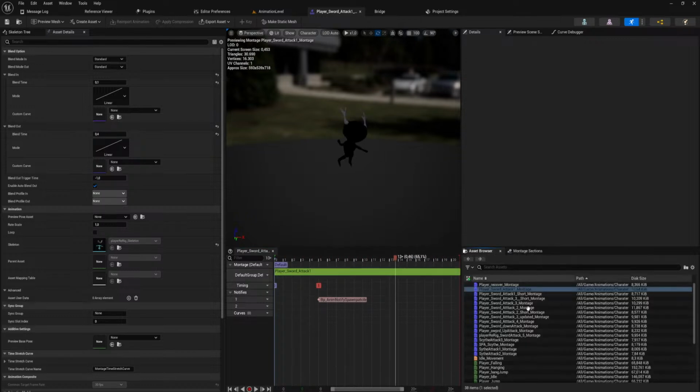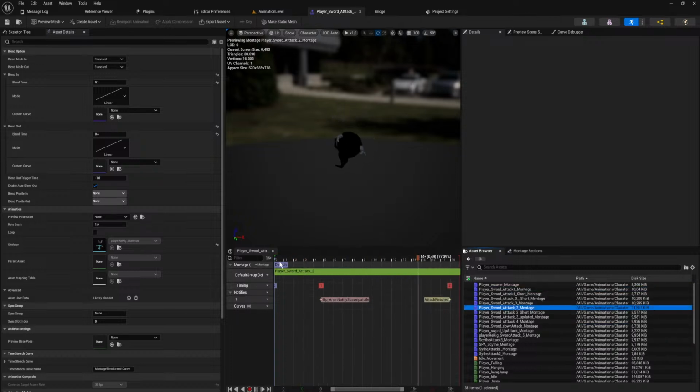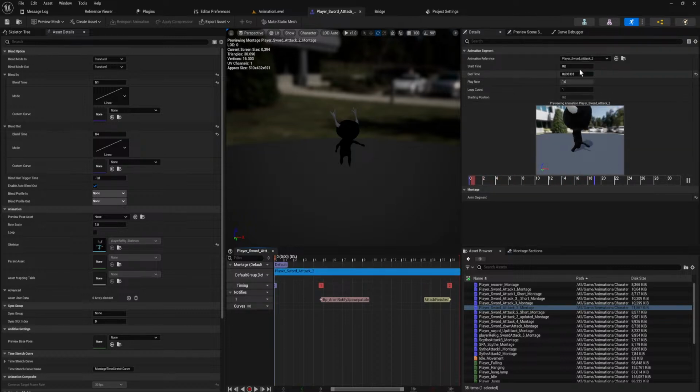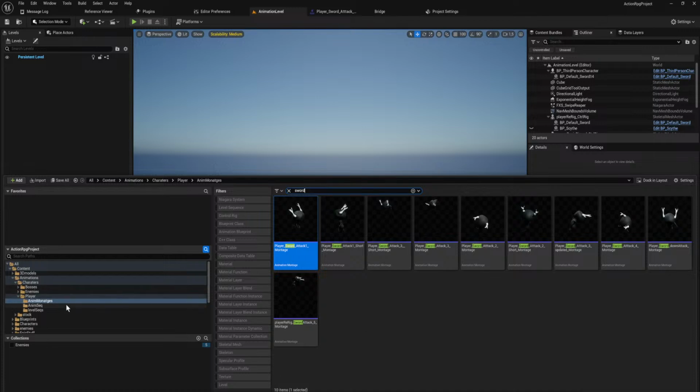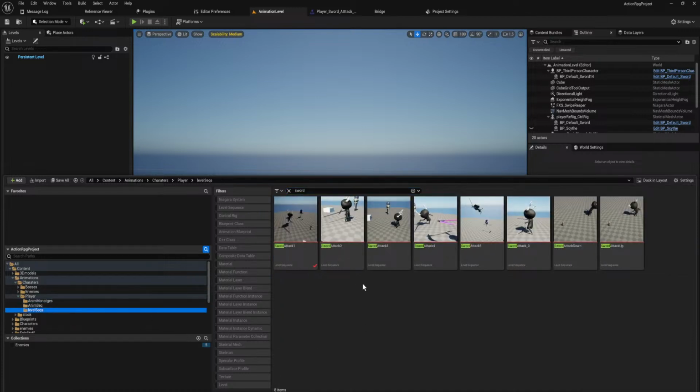I think actually sword attack 1 is probably good. It's mostly attack 2, which needs to start a little... What do you mean start time is 0? Now what? Which attack did we just modify? Oh, that was sword attack 1.